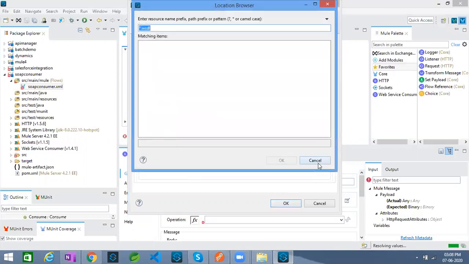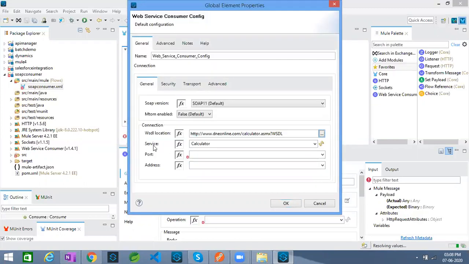See, it was populated automatically. The service is the calculator service. Once you have provided the service, your port and address are also populated automatically. I'm taking the calculator port, so 1 2. Your address is also populated automatically.